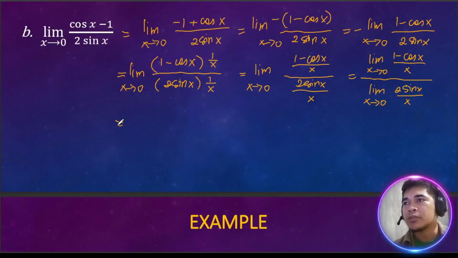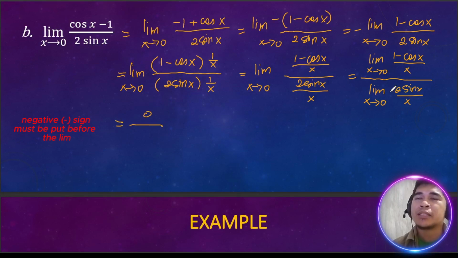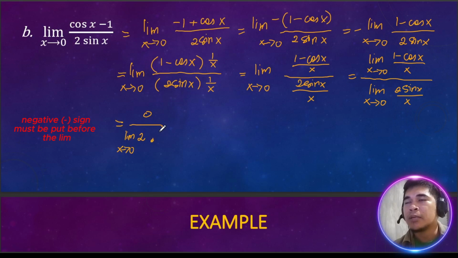Equals, so, 0 ta sa ibabaw. Ari sa ubos, we got limit of 2, para mas klaro, as x approaches 0 times limit of sine x over x as x approaches 0 equals 0